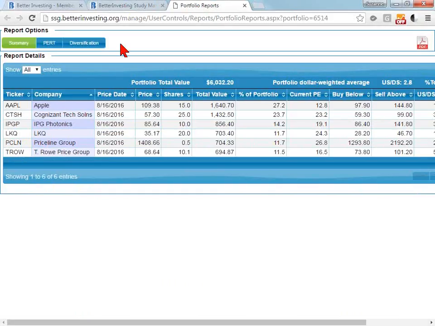The default report is the summary report. If you are a CoreSSG user, this is the only button you will see, the summary button. SSG Plus has more reports. Actually, they have 4 total. Diversification is like a 2-in-1 report. In the summary report,